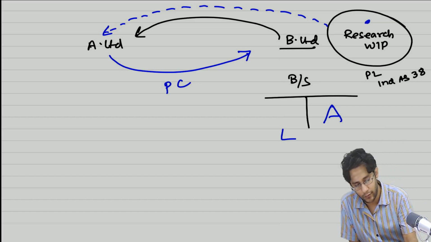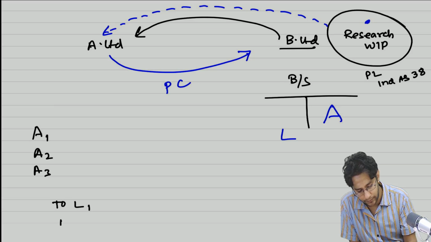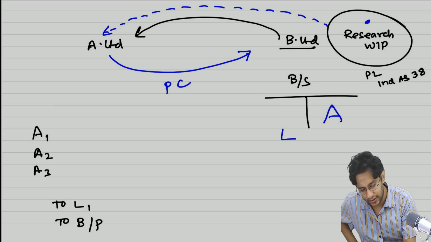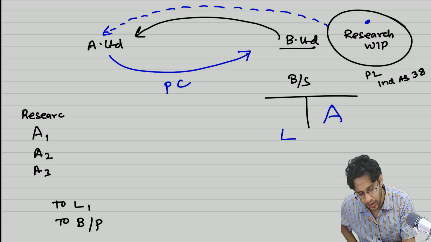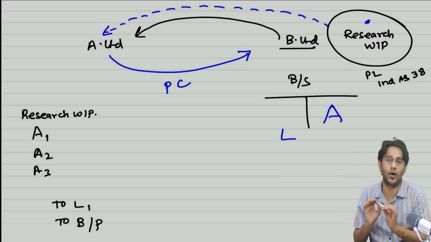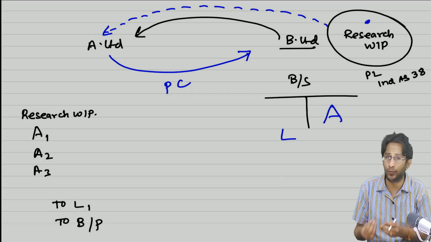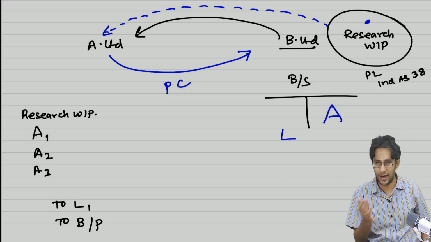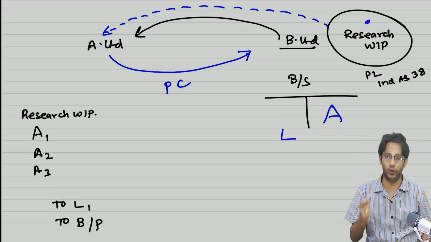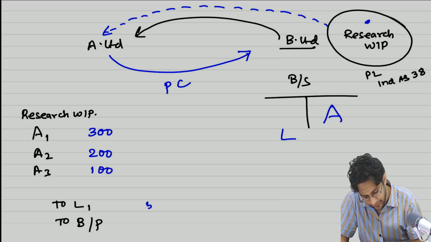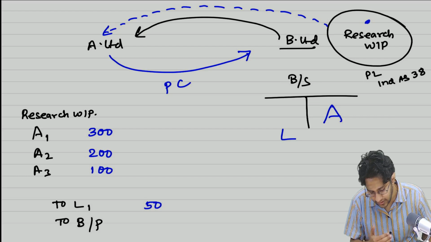Now the question is, when A Limited records A1, A2, A3 to L1 to business purchase, so many assets, so many liabilities I am recording. In this, can I also recognize research WIP as an asset or not? Sir, why does this question even arise? The research expenses should be transferred to the P&L account, so A Limited should not recognize. Let us see what will happen if we recognize and if we do not recognize. So A1 is recorded at a fair value of 300, for this a fair value of 200, for this a fair value of 100, for this let's say a fair value of 50. So 300 or 500, 600, 550.